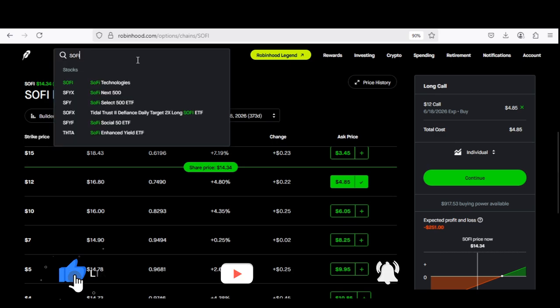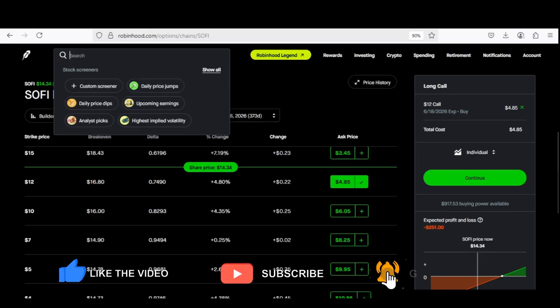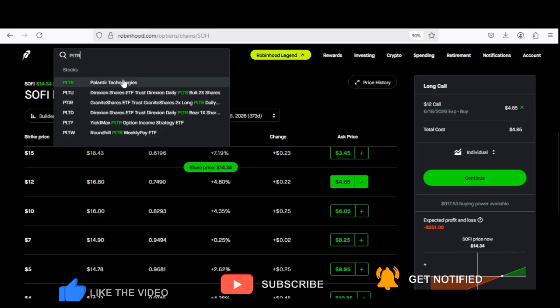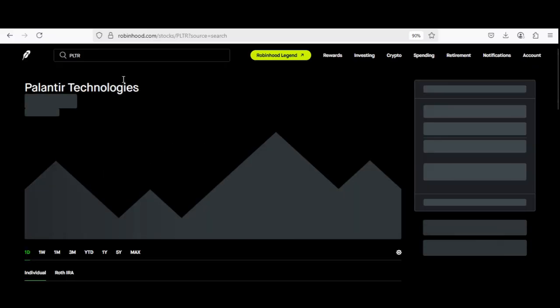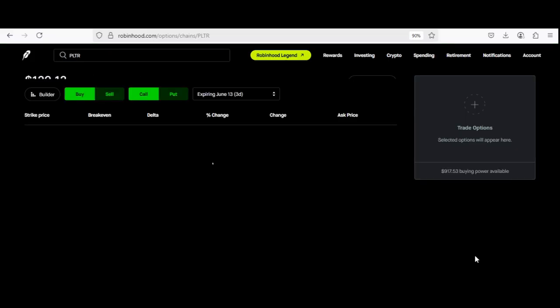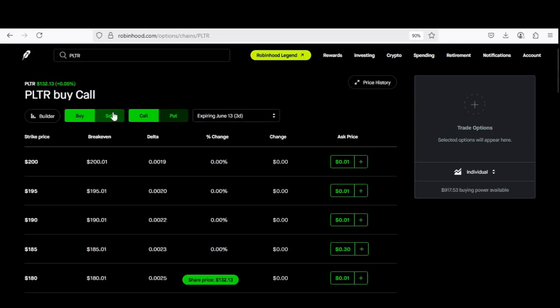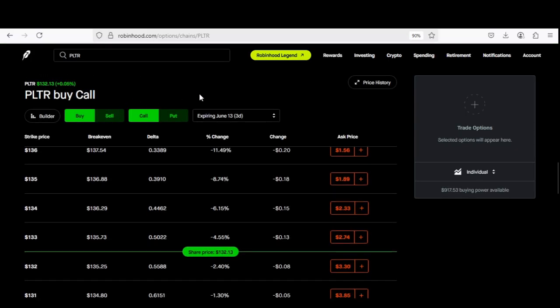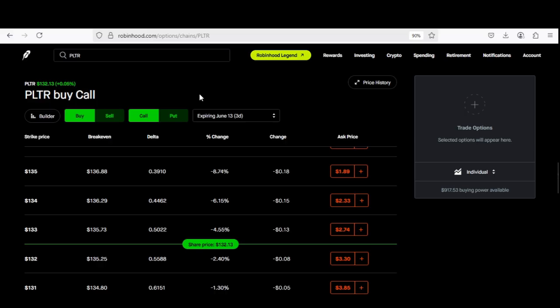Now, for the second stock, which is going to be Palantir, PLTR, this is the option strategy that I would be using. So we're going to go to trade Palantir options here. And then just like SoFi, I'll be doing a cash secured put on this. I just demonstrated the cash secured put, so I'm not going to jump into that again. Now, there's another strategy I would use for Palantir, and this is especially good if you're trading with a small account. So we're going to go to sell, we're going to go to put,